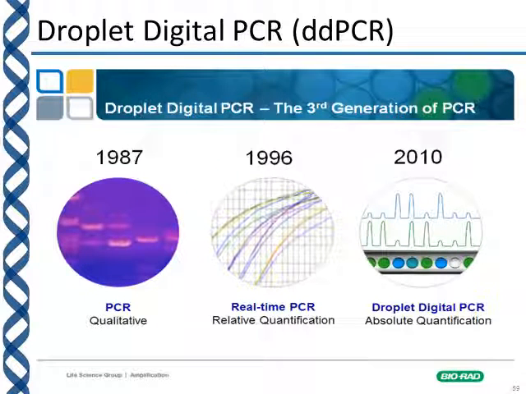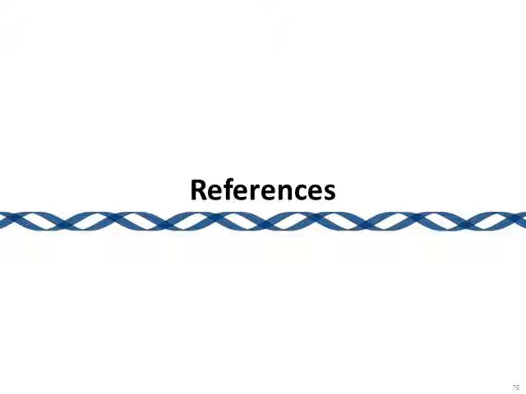So here's a slide again from BioRad on where ddPCR fits into the history and progression of PCR. The first generation of standard PCR, the endpoint PCR that we were discussing, is qualitative, and so the best you can do is look at the band there, how bright is the band, etc. Then the essentially second generation of PCR was the real-time PCR, where we were able to calculate the relative quantification of the template sample and detect the amplification in real time. And then we have ddPCR as the third generation of PCR, and this allows us to quantitate